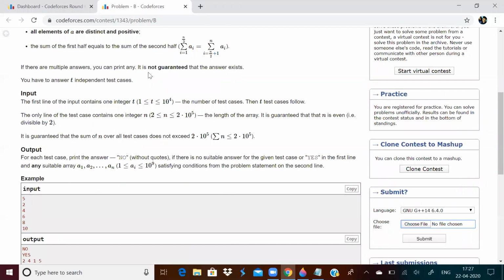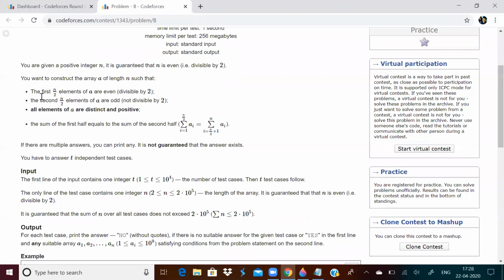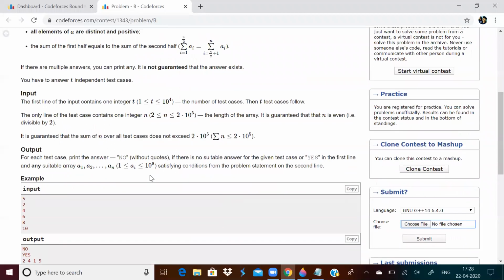And it is not guaranteed that the answer exists. If there is no answer, we should print no, otherwise we should print yes. Along with that, we should print a sequence which satisfies all these 4 conditions.